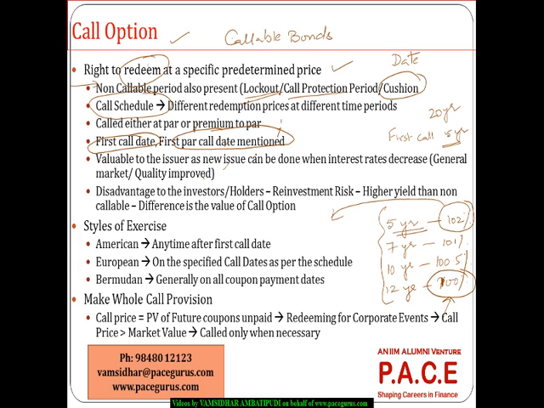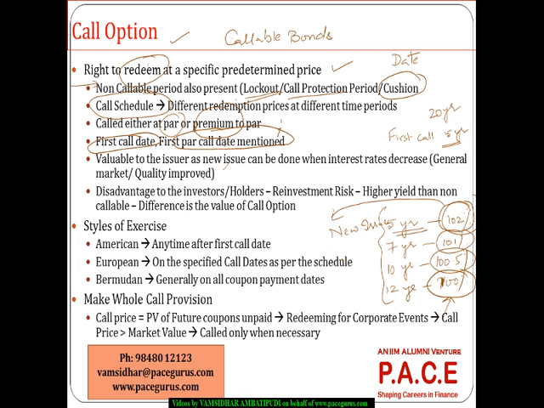So that particular date is called the first par call date, whereas this is the first call date, this is the second call date, this is the third call date. And to a large extent we see that in the initial periods the call can happen at a premium, whereas after a certain point the par call is what is going to exist. And typically when you look at any new issue to be done,